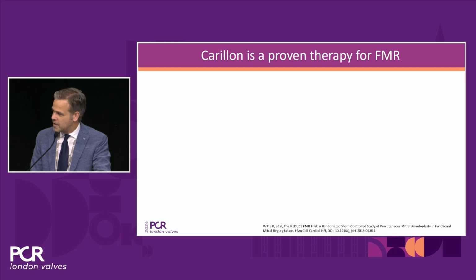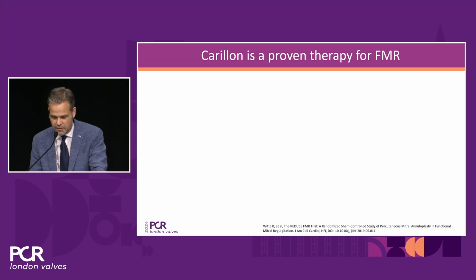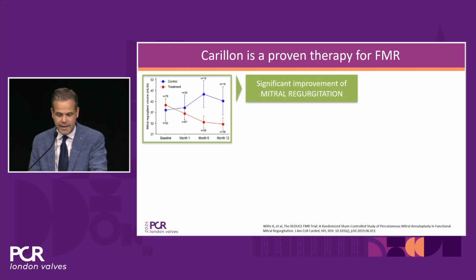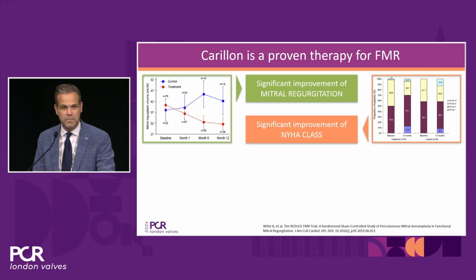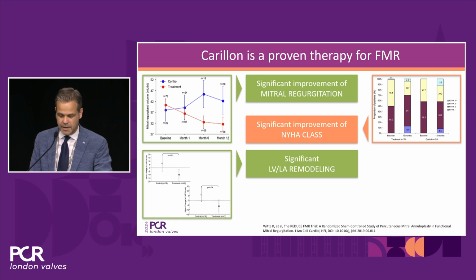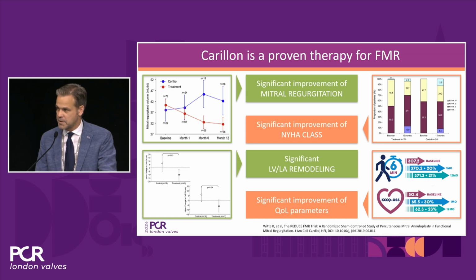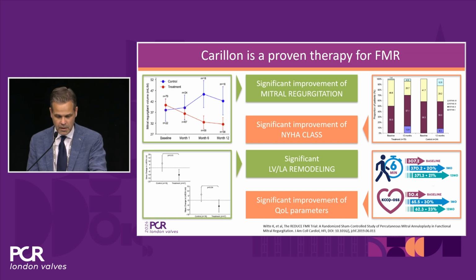What we know, and it's already very nicely shown in the previous presentation, is that CARILLON is a proven therapy for patients with secondary mitral valve regurgitation. It has been shown to significantly improve the amount of mitral regurgitation. With this, we see an improvement in NYHA class, but also, as shown before, a significant reduction in LV remodeling. And with that, we see an improved quality of life, with the 6-minute walk test, but also KCCQ